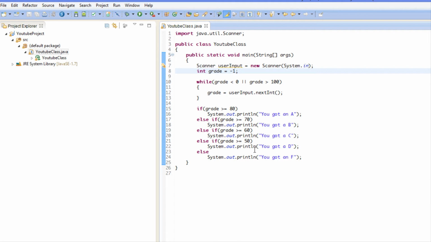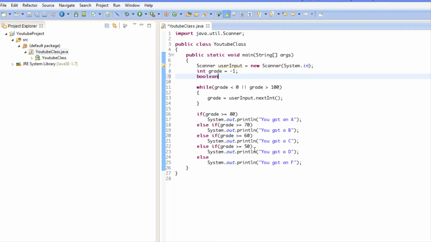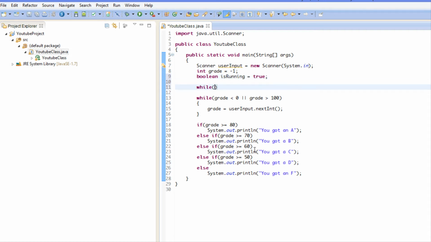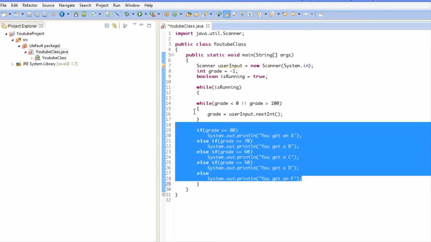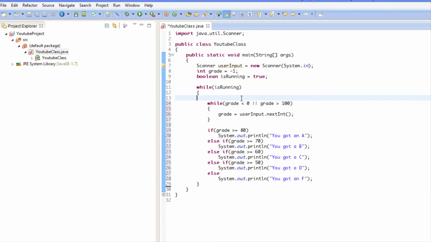user wants to stop. And so what we're going to do is make a Boolean variable, and we're going to call it isRunning. So the program is running, so we're going to set it to true. And we're going to say if isRunning is equal to true, or we can just put if isRunning. And that just says, okay, if isRunning is set to true, then we loop. So we're going to put these within the brace, and we're going to indent our code to make our